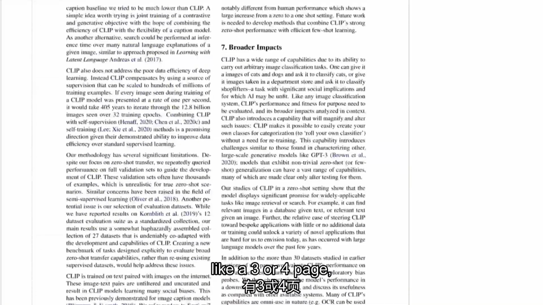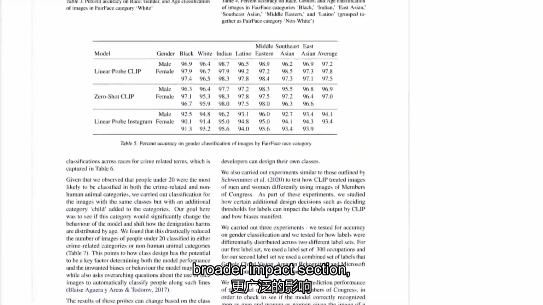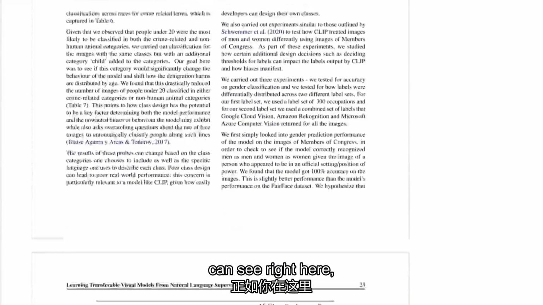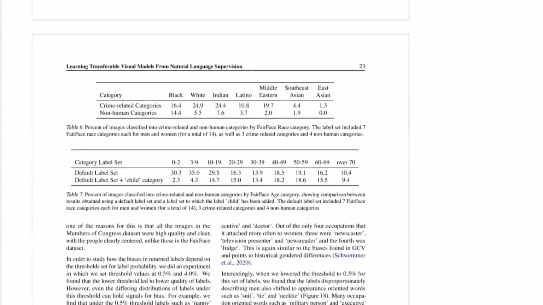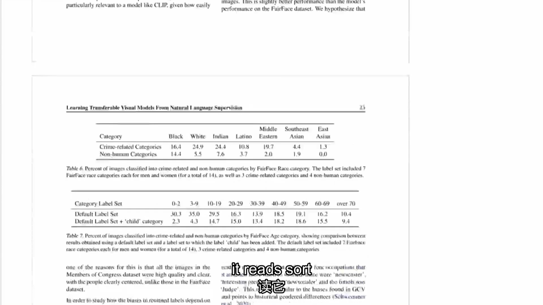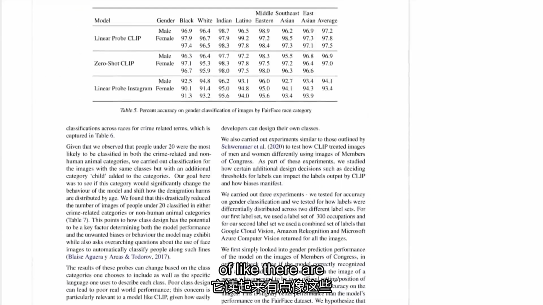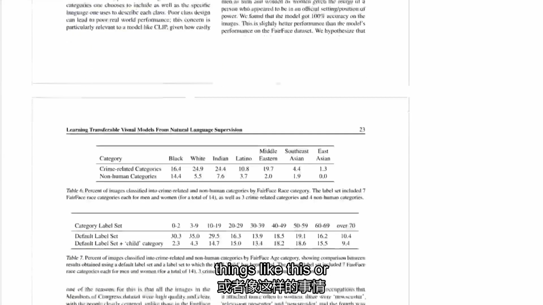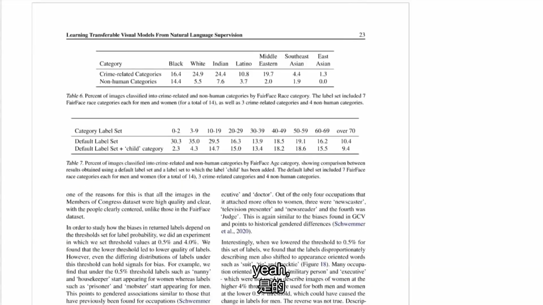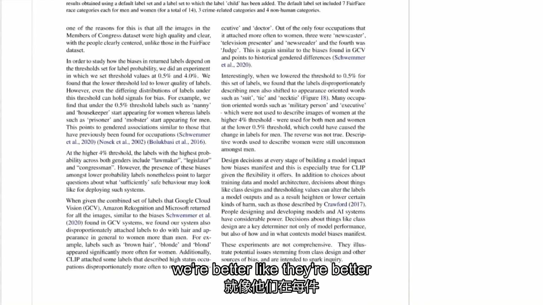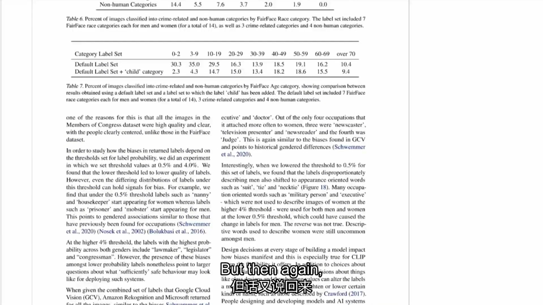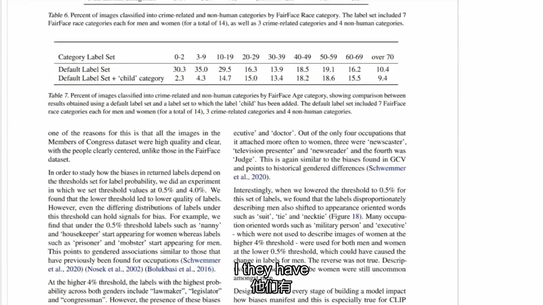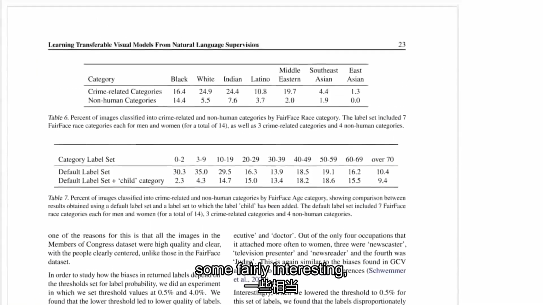And they have like a 3 or 4 page broader impact section, as you can see right here, which, if you read it, reads sort of like: yeah, there are problems with these models. We are better than other models, but we're still not good enough, or things like this. Or they're like, yeah, of course we're better, they're better at everything. But then again, this is only preliminary. More study is needed, and so on. So they have some fairly interesting